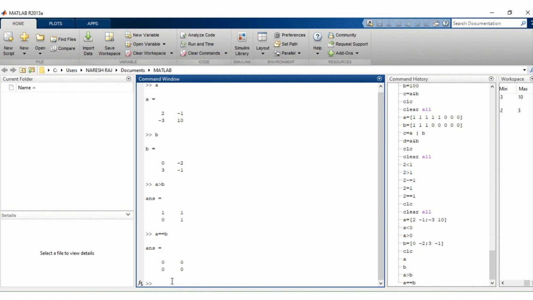Next is greater than or equal to. If we want to see A is greater than or equal to B, we see that because in A and B no element is equal, the matrix for A greater than B and A greater than or equal to B is the same.